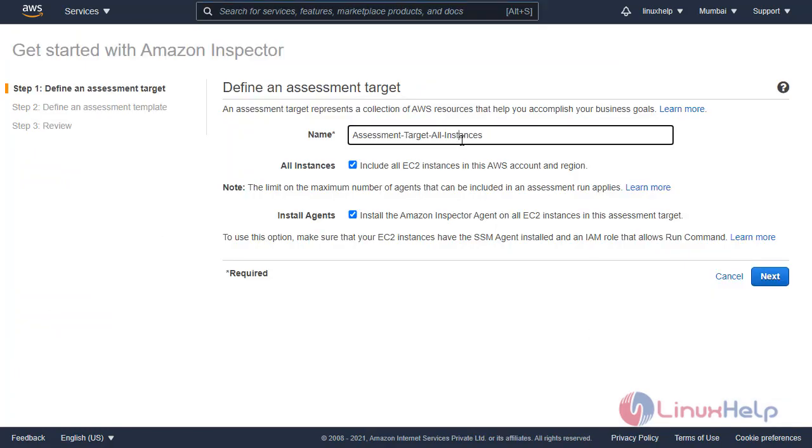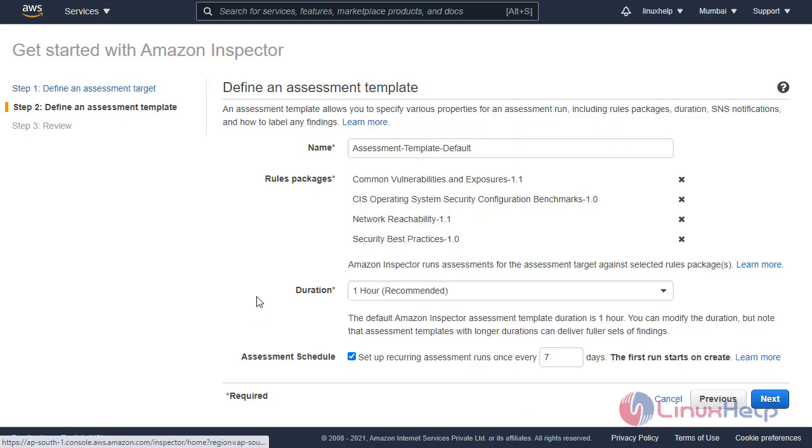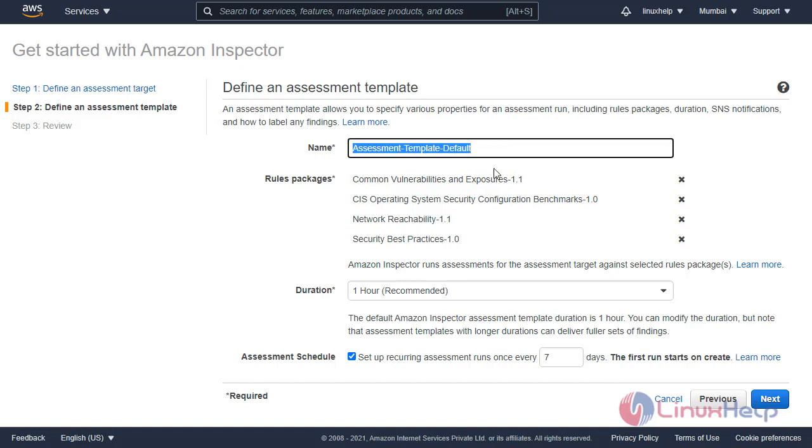Here enter the assessment name. You can enter the name you wish. Click next. Here you can define the assessment template also. Enter the name of the template.